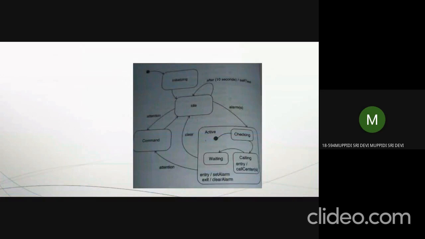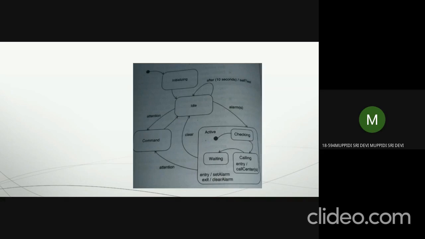If you see this command state, the user is giving some inputs to this machine. This human security system will identify sensors. Using some sensors, it will detect a human and raise an alarm. Initially, whether this alarm and this system is working or not, we have to verify. For that purpose, we have to register this alarm device. Whenever the alarm is working, we have to register to the call center. After it is completed, we wait.